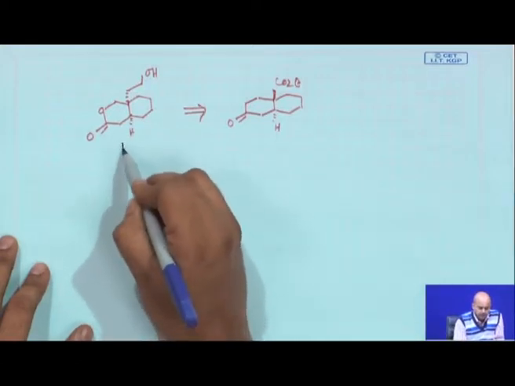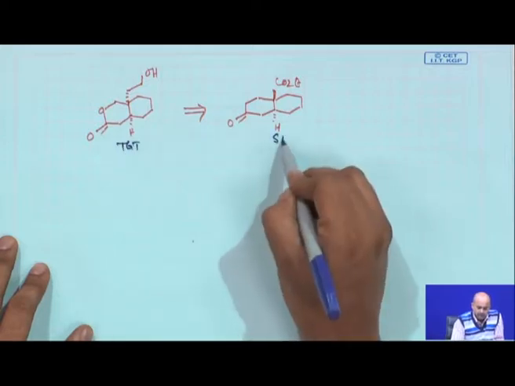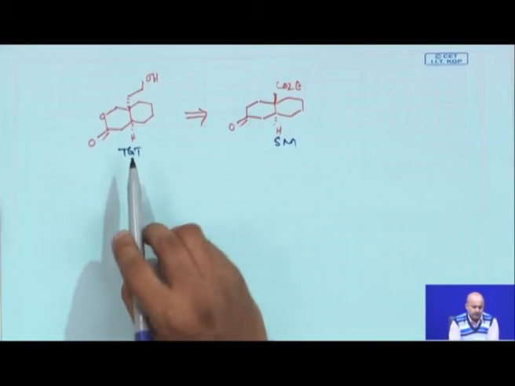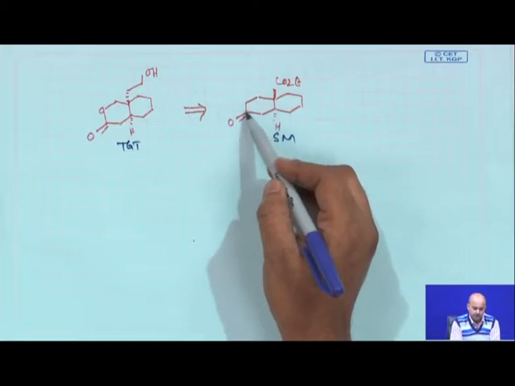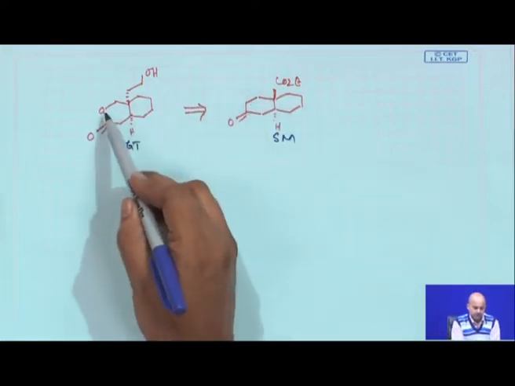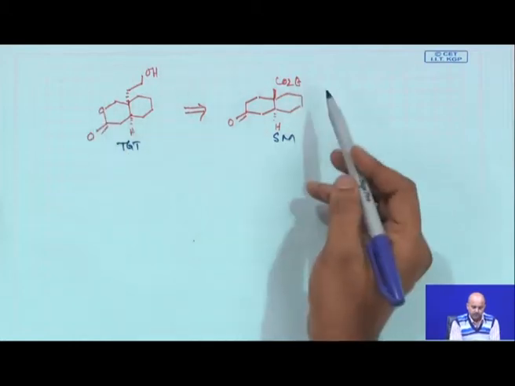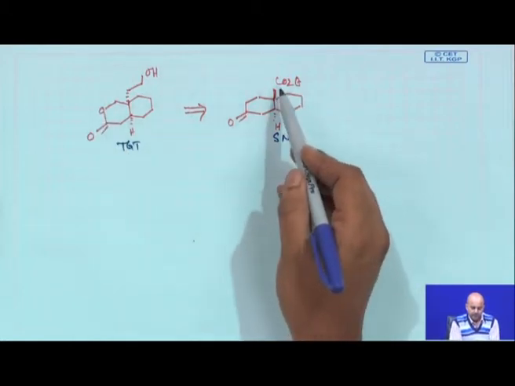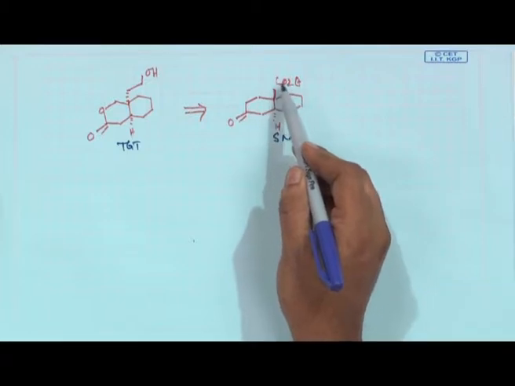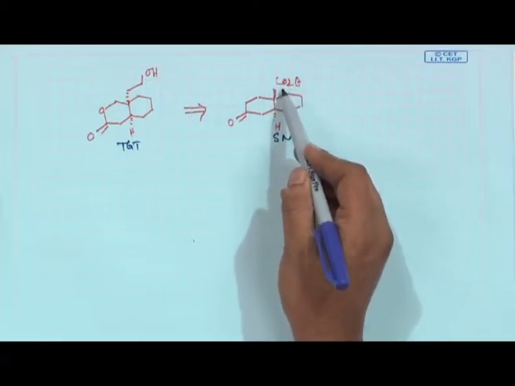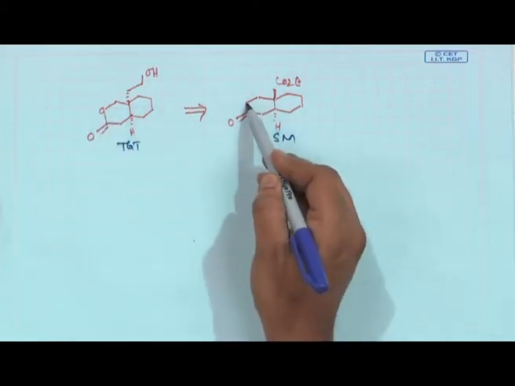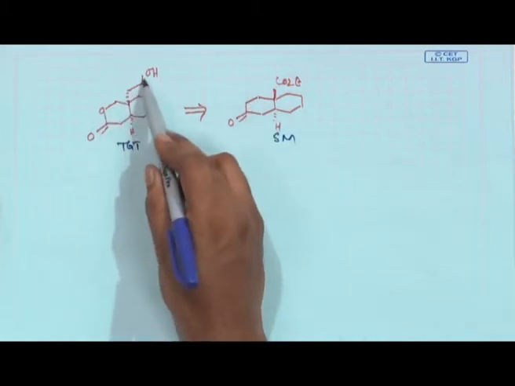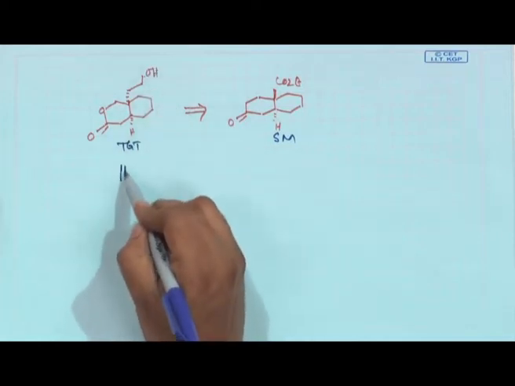Now, if you see this target and this starting material, the only difference you can probably make out is that in the starting material, in this ring, there is no oxygen. So, in the target, you have an oxygen here. Now, you figure it out: if somehow this CO2Et can be converted to CH2OH, and that can be put in the ring, and then this CH2 and this CH2 can come here, that will give you the CH2OH.